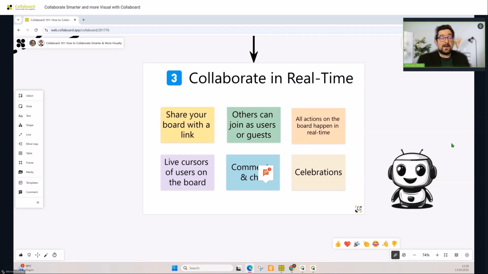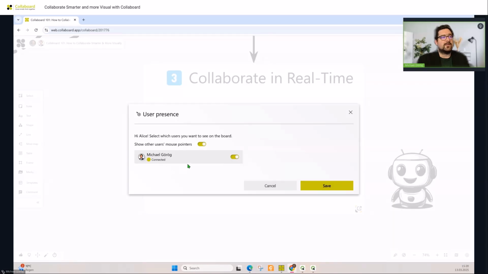And maybe another important piece of information, you can enable or disable this mouse pointer. So at the moment, it's just one user on the board. So in this case, it's super useful to have the mouse pointer, because then you know where the user is on the board. If there are 100 people or 200 people on the same board, which is also possible, then